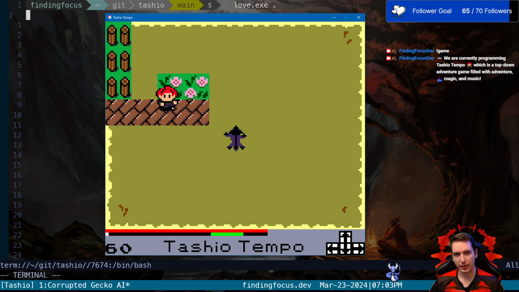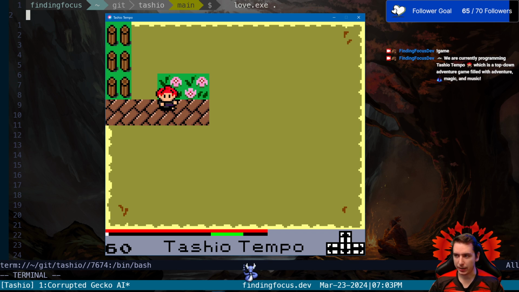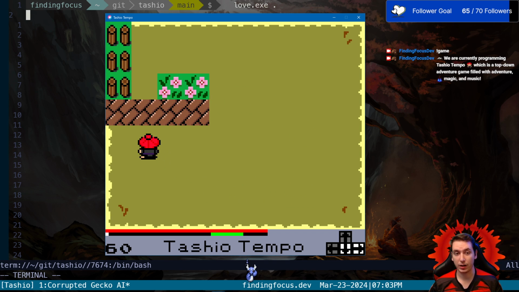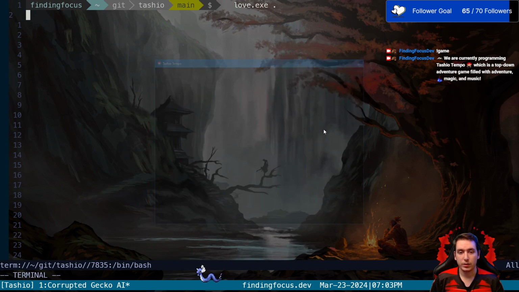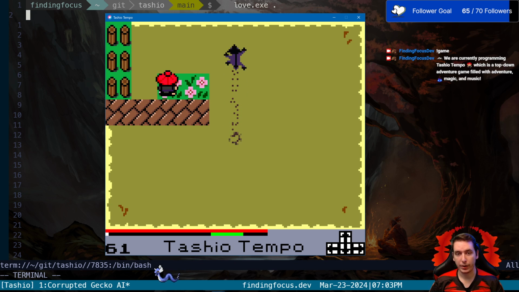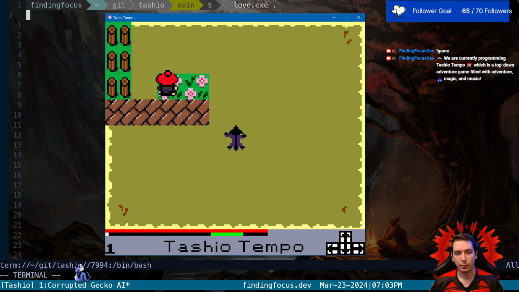Now yesterday we got this Corrupted Gecko to start having basics of AI. What's happening is it's starting in an idle state and then it's taking a time between 1 and 5 seconds to trigger its walking state. And a walking state walks it off in a single direction and the particle system goes with it. So it'll be a random direction and a random time, but ultimately we want to add more